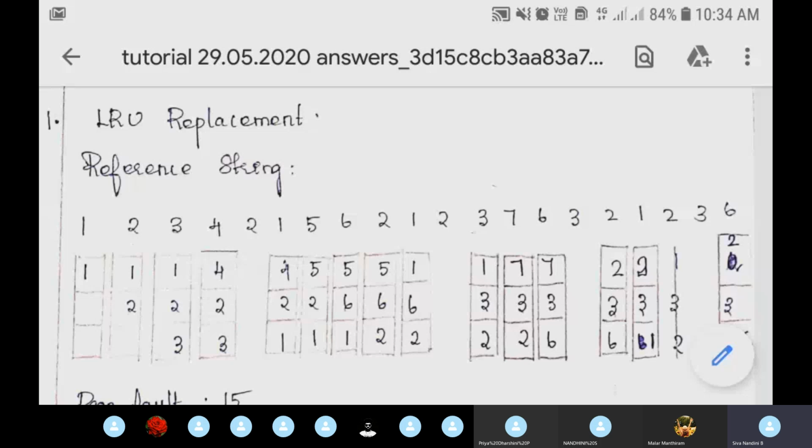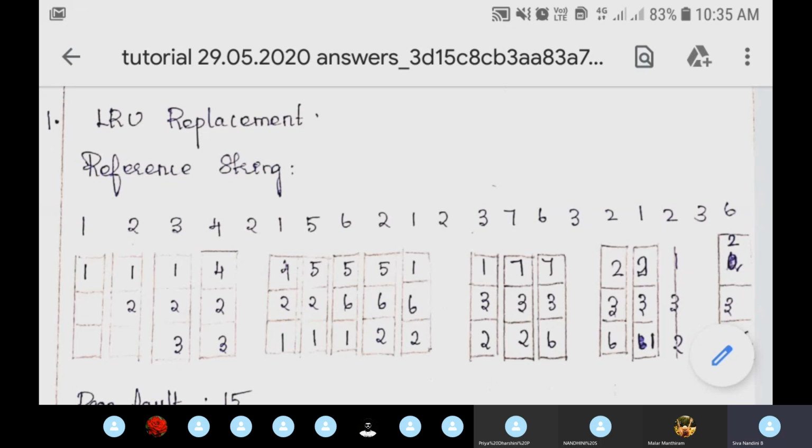So among these pages 1, 2, 3, which is not used recently? For that I am going before this 4 in the reference string. Before this 4 we are having 3. So this 3 is used recently, so we shouldn't replace this 3rd page. Before this 3 we are having 2. This 2 is also used recently, so we shouldn't replace. So other than this 2 and 3, what is the other frame in the block? We are having 1. So this page 1 is replaced with page 4.